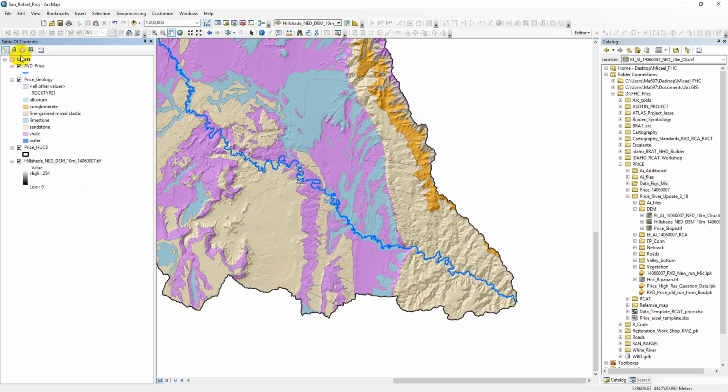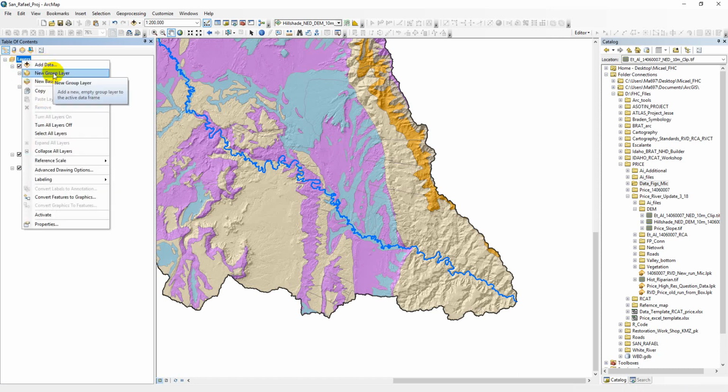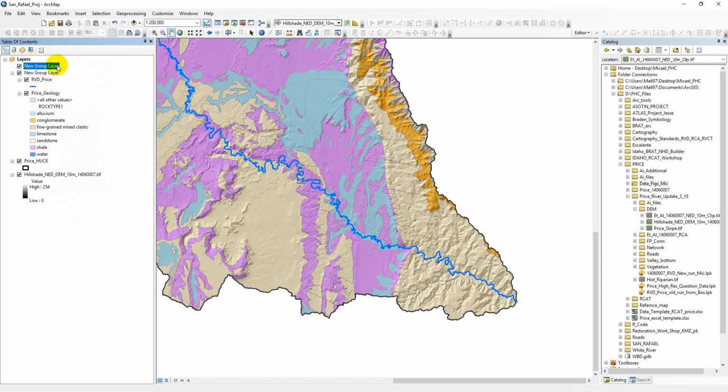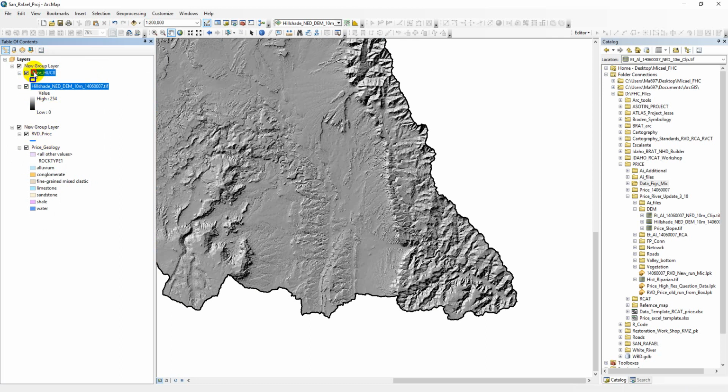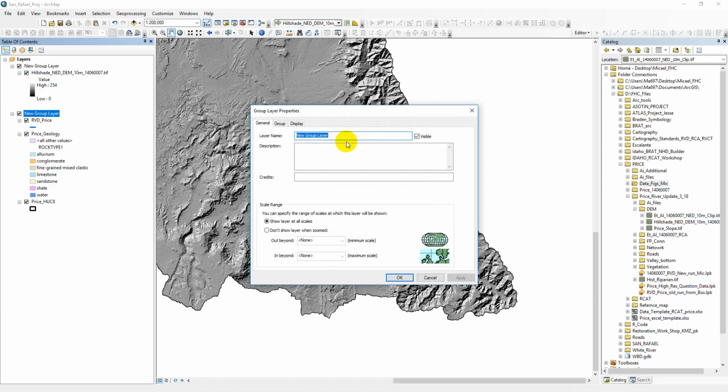And then if I wanted to group these for some reason, I could do that. In the sense of grouping them in a project structure, you're going to want to do that. So I'll go ahead and group these, or I could have right-clicked on layers and done new group layer. That would have worked as well. I'll pull these into here. In this case, I'll separate everything by the type of layer file that it is. So I'll call this group layer